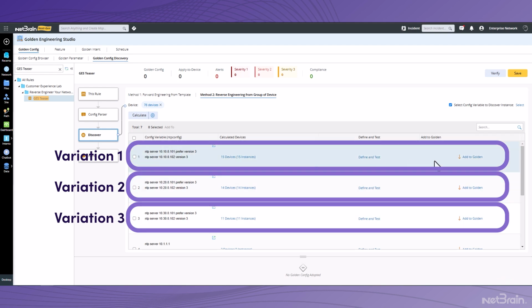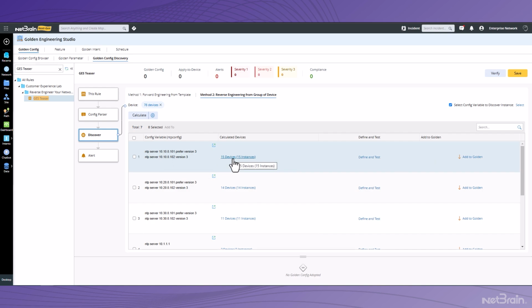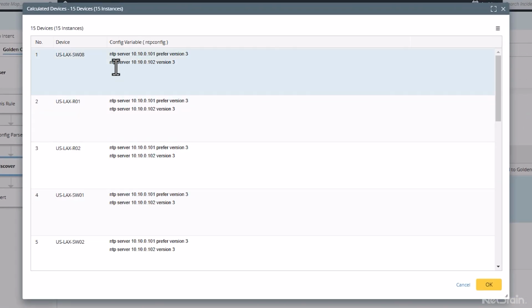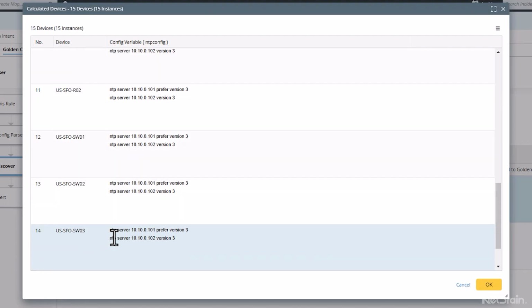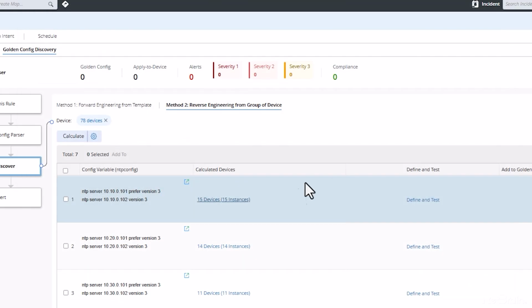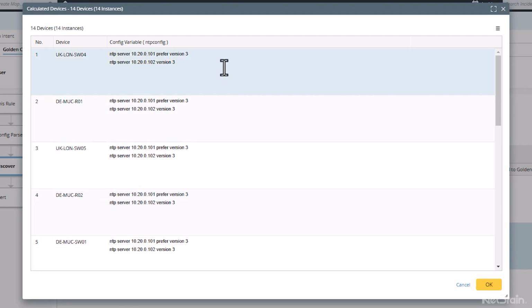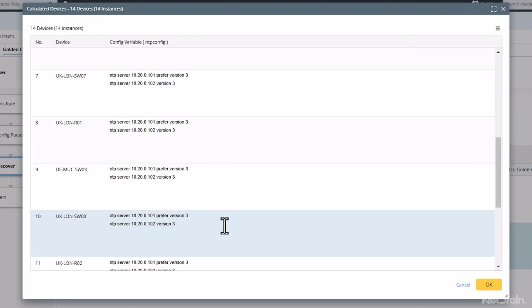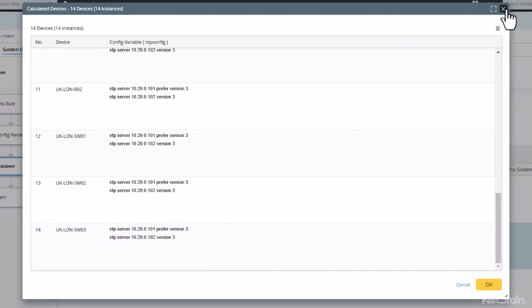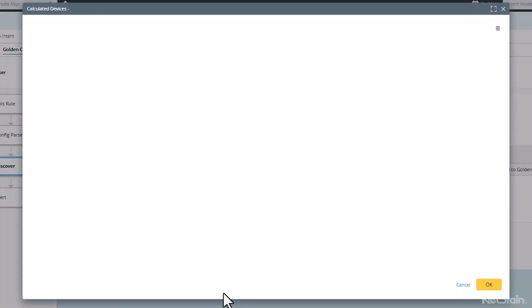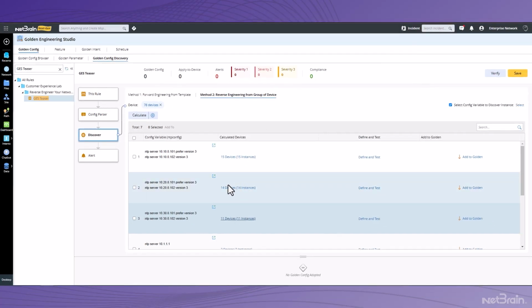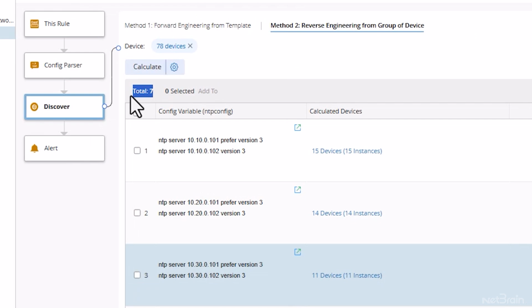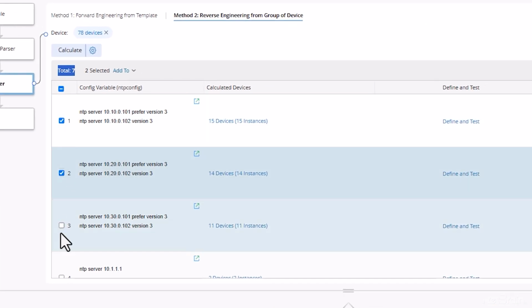And just at a glance, we can take a look at the devices that are calculated. Here I can see I clearly have all my US variations of that NTP server configuration. I have all of my, this looks like the EMEA variations of that NTP configuration, as well as our APAC region, so Japan and Singapore here. So now that we've identified the different variants, there were 7 total, I'm just going to select these top 3,